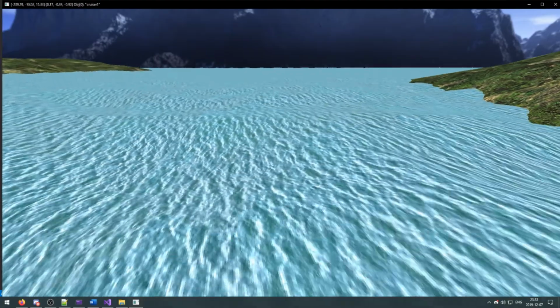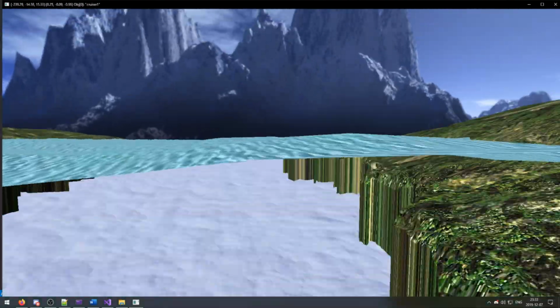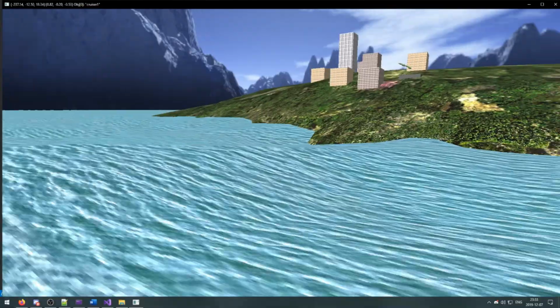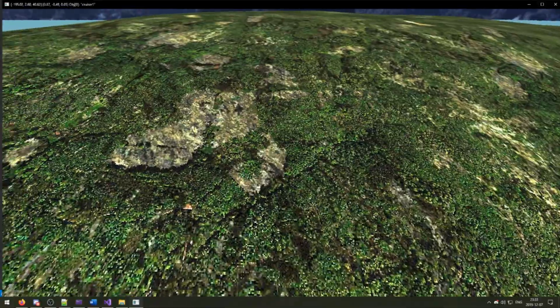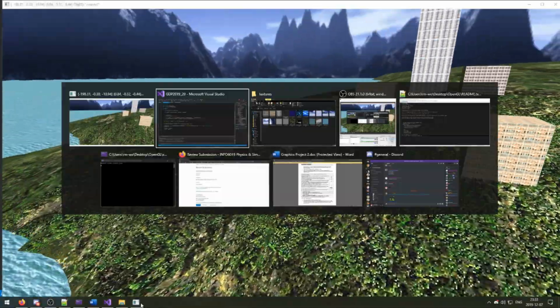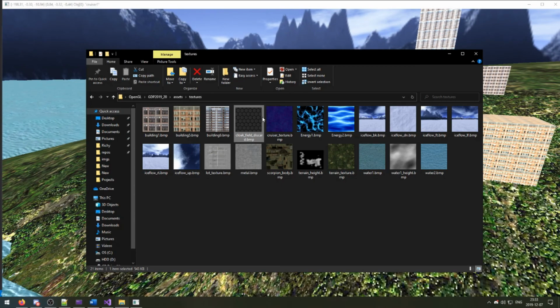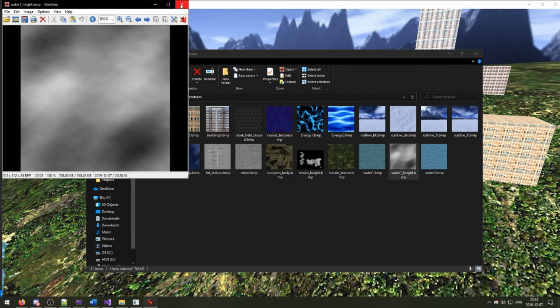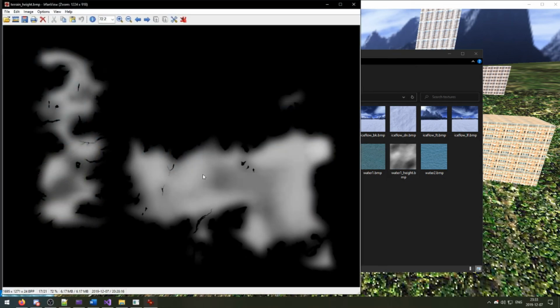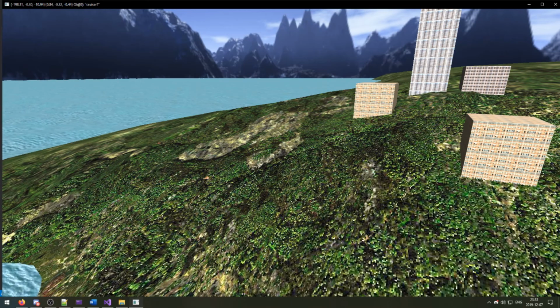The height map I have working on this water here. You can see it's kind of bumpy around. And I also have a height map on the terrain. If we go into the folder here again, you can see the actual height map for the water. It's just this black and white image I found online. And the height map for the terrain is actually a map of, I think, Game of Thrones. And you could see I think we're somewhere in the east island on the west side of it. If we go back into the program now,